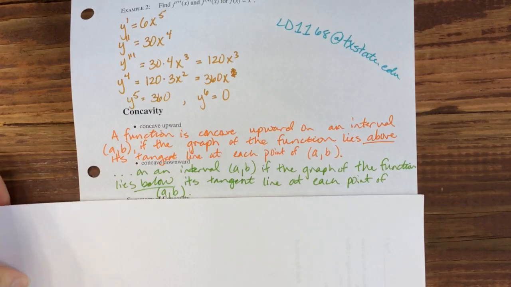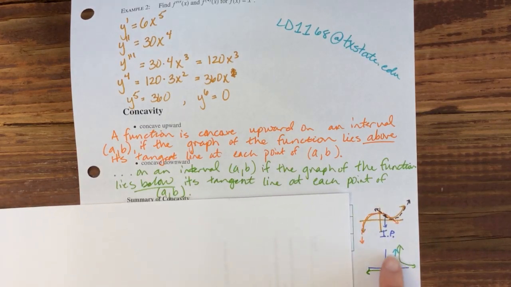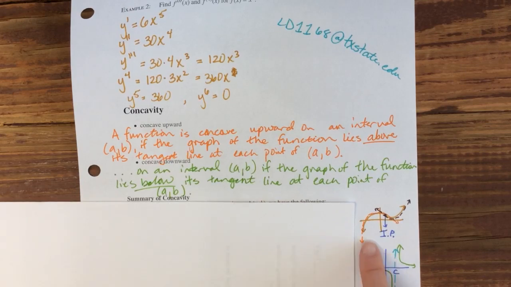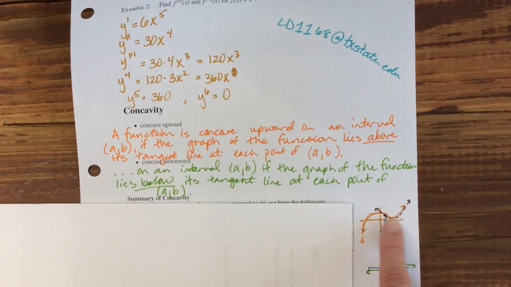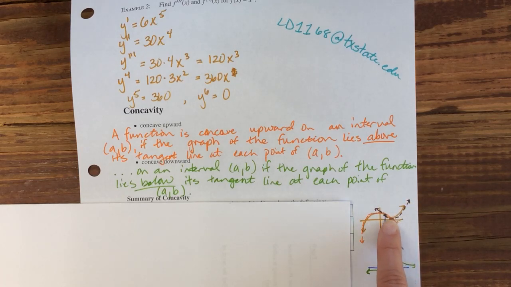Okay, so what do I mean by that? Well, over here I have a little picture for you. So I just drew this function right here. I've got concave up right here because notice if we draw tiny little individual tangent lines, the tangent lines would be, here we've got that it is